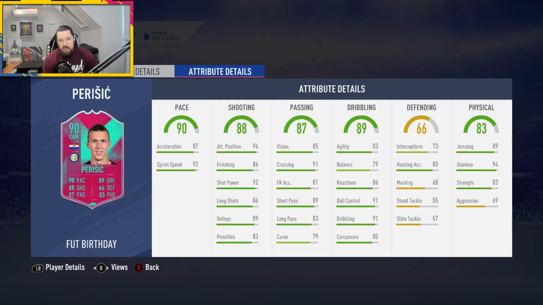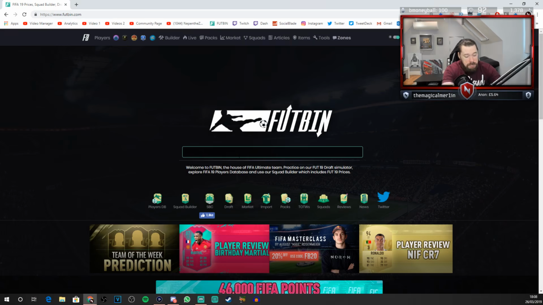Like, this card is really good. He's got incredibly well-rounded stats. He's got already great pace for a CAM. So you give him a Maestro. Let me actually go into FUT BIN and show you guys what we're looking at for this Perisic card with